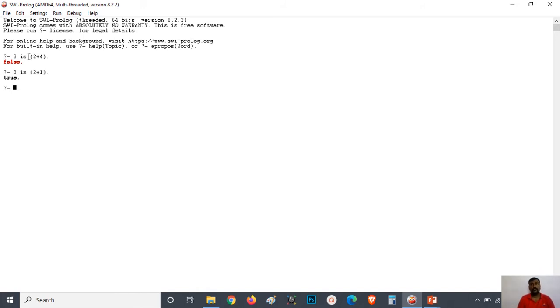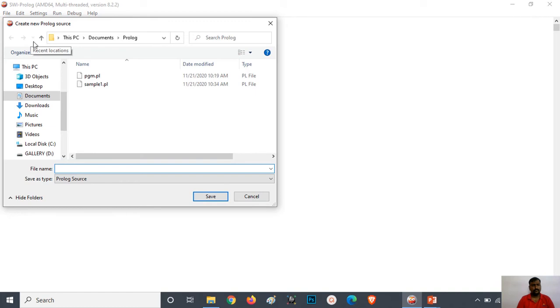In order to do some programs in Prolog, first you have to create a database with the facts and the rules. For that purpose, first I have to create a file name. In order to create a new file, you have to go to File, New. Just type a file name, for example program 2.